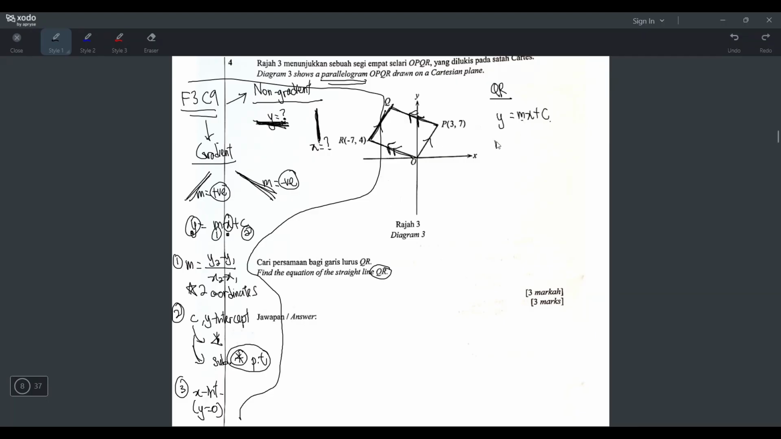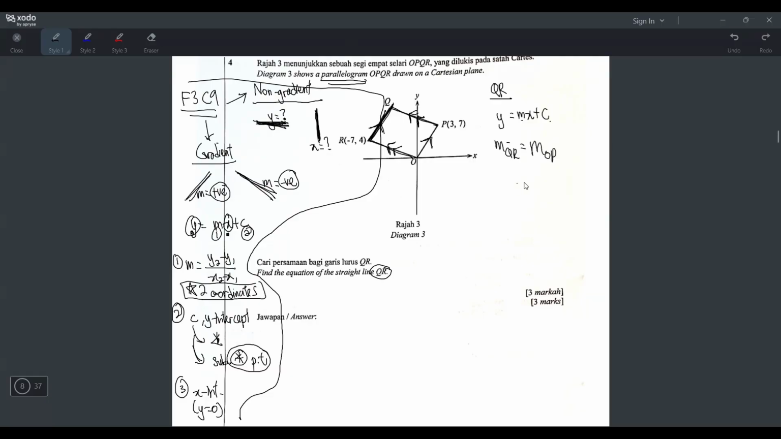For the m and c, you need to find them now. So we need the gradient of QR because we are finding the equation of QR, right? But do we have two coordinates to put inside this formula? The answer is no, because on the QR line they only give you one coordinate. So we cannot use this formula. But do you remember they mentioned this is a parallelogram and I already put the arrow, right? Luckily I put the arrow, because if I never put the arrow, I would get stuck here. But since I labelled nicely,